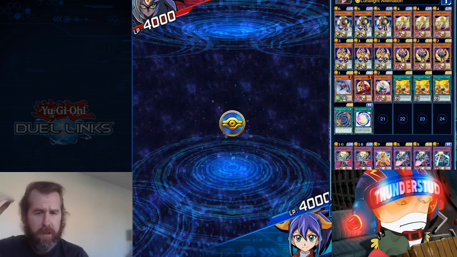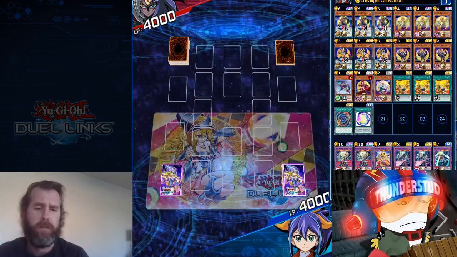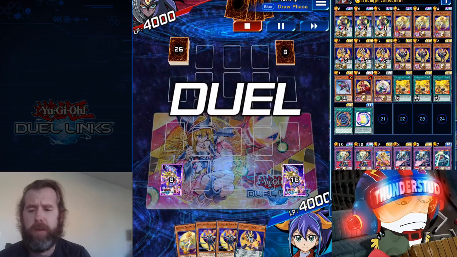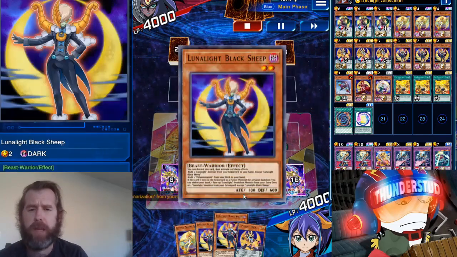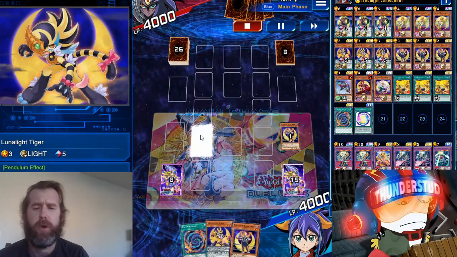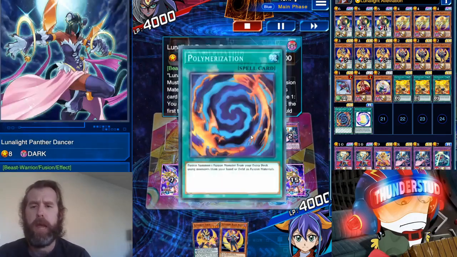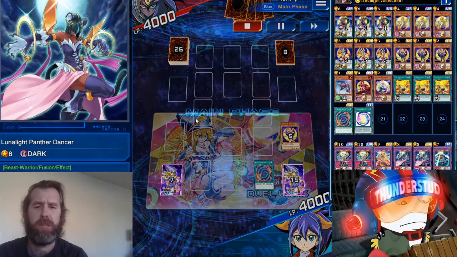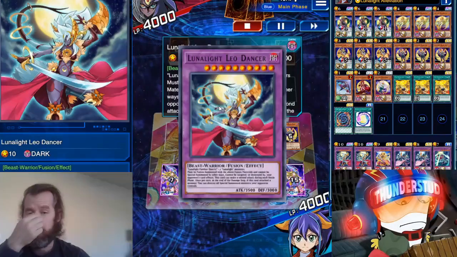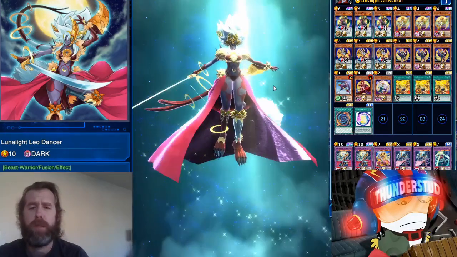Alright, here we are facing a U-Bell. I'm going first. See what our boys got for us. We have a handful of monsters, but we do have Black Sheep, so that lets us get whatever we want. We get the Poly. We're going to normal summon the Kalido Chick. That's going to mill a Panther Dancer and become Panther Dancer, which means we can immediately bring out the Leo Dancer. Now, once you use Kalido Chick as a fusion, you get the Poly back. When you use Black Sheep for the